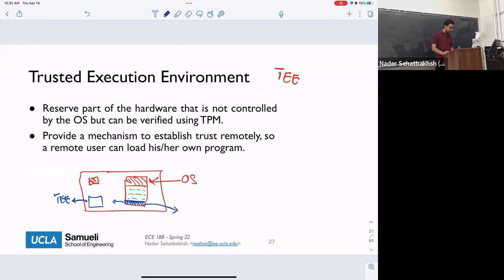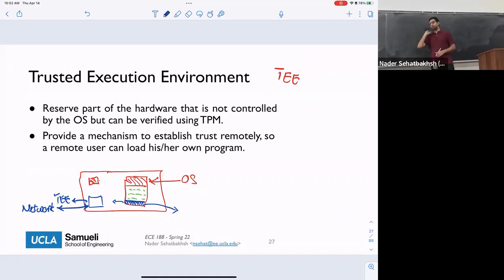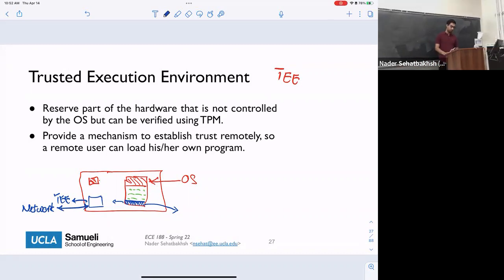And we're going to create a mechanism that enables this TEE to talk to the outside world, so we can give some access to the network. So a remote user can directly talk to the TEE to send and receive commands and run some execution. All right.